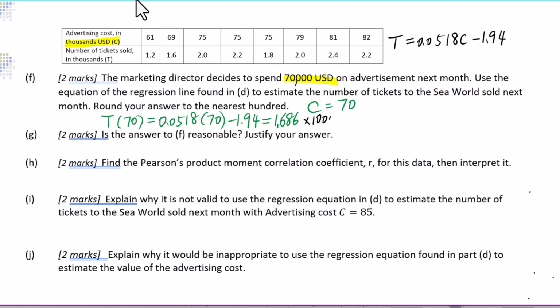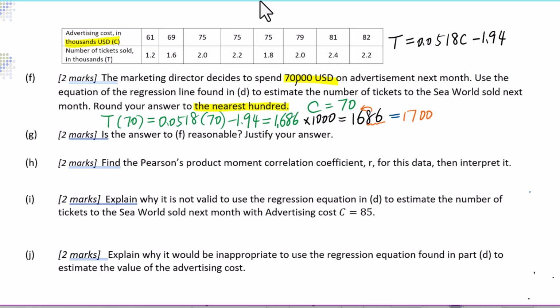Remember, the units is 1,000, so we times 1,000 equals 1686. We need to round the answer into nearest 100. We will change these 2 digits into 00. Round up, 1700